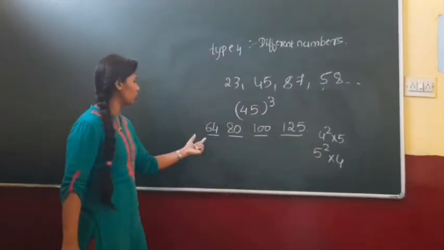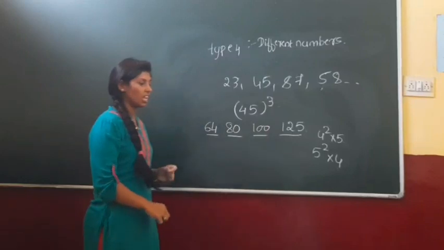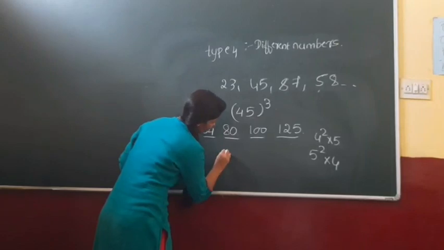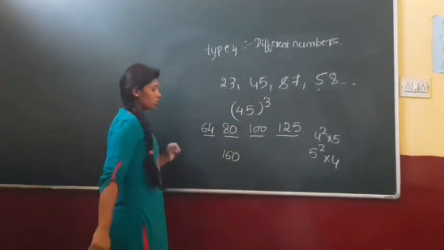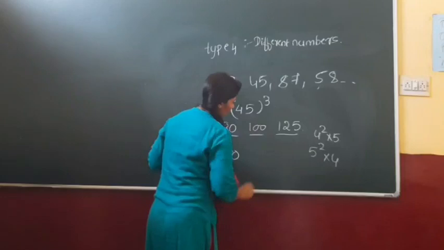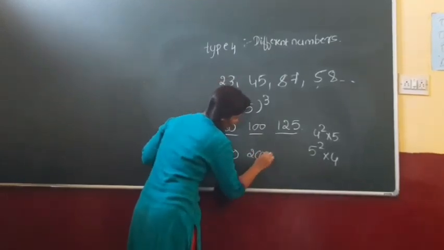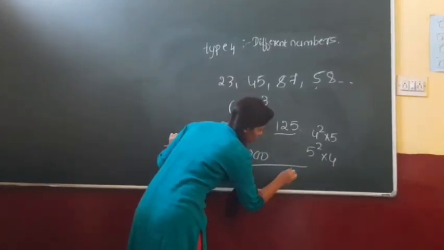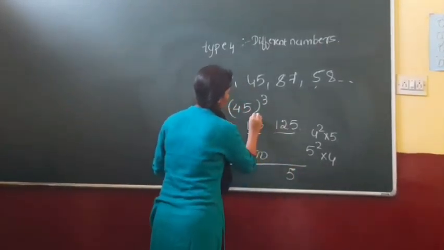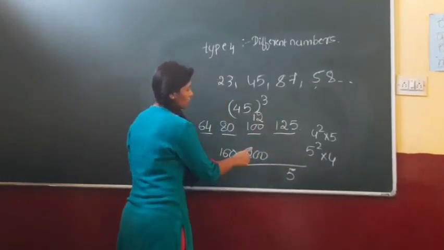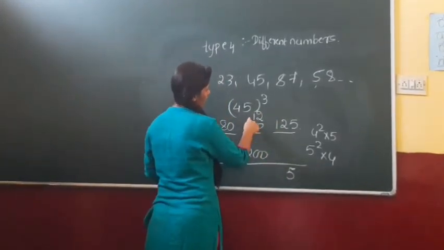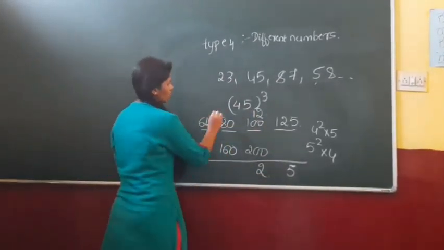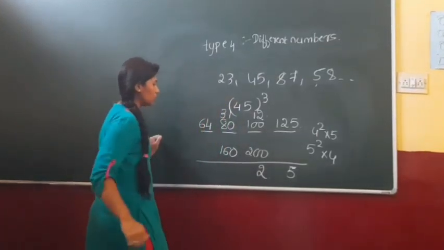Next step is we need to leave first and last spaces as it is and multiply second and third with 2. Then we need to get 80 into 2 is 160 and 100 into 2 is 200. Then we need to add it here. We need to take only 5 here. 12 will be shifted here. What it becomes? 200 plus 100 is 300. 300 plus 12 is 312. It becomes 2. We need to write here. 31 will be shifted this side.